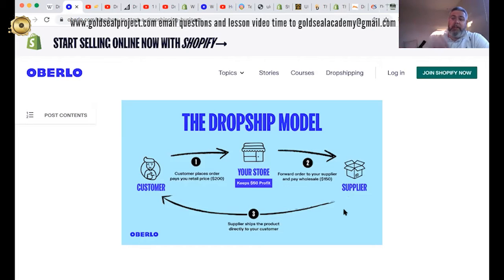So I present something to you, you want to buy it at the point of sale, I haven't got to make or do anything. Another party that I've agreed to do this with does that. They take their cost and I get my profit at the point of sale. So we both get paid at the point of sale, and they do their part of the job, which is to send it.